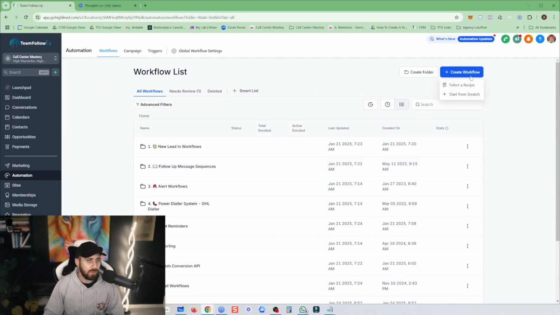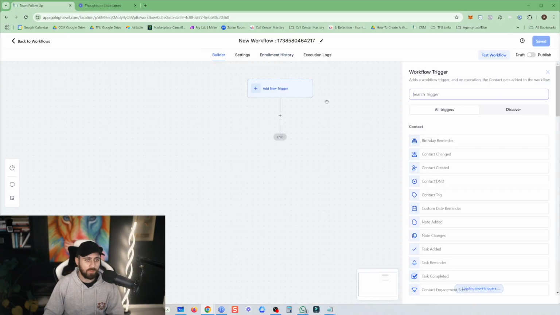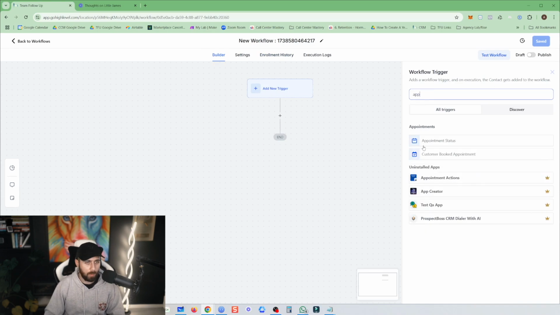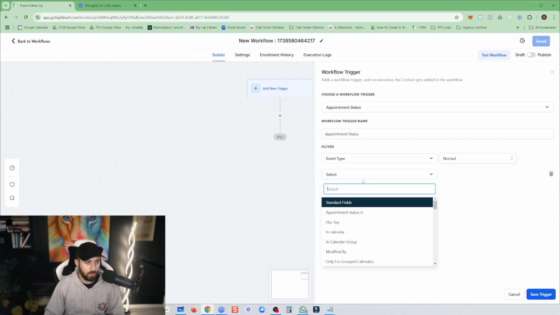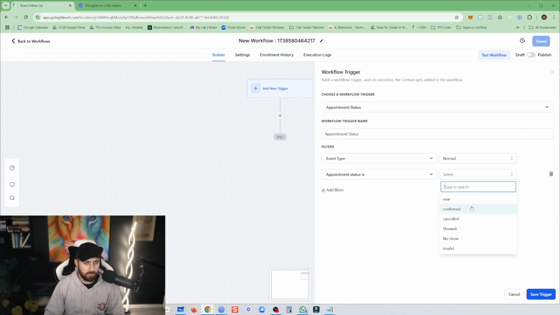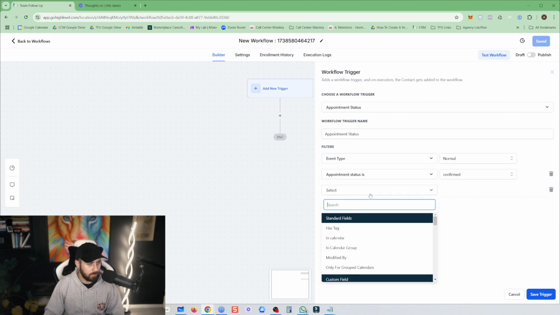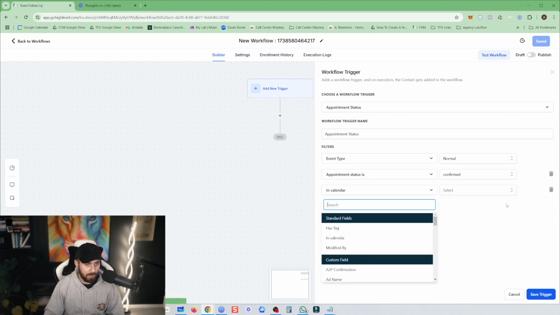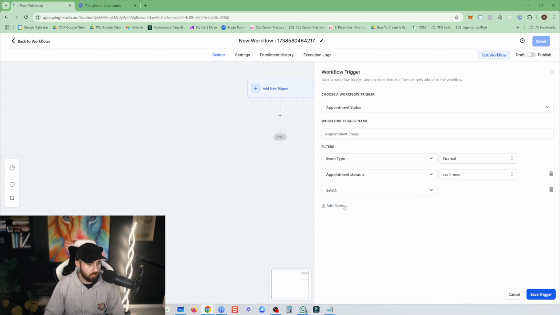So then what I'm going to do is create a workflow, and in this one, it's going to be when an appointment is booked. So I'm going to put appointment status, add filter, appointment status is confirmed, and appointment is in, I'm going to put in calendar group for mine actually. I'm going to put inside the calendar group, and I've got a round robin calendar group. There we go. So that means that any appointment that's booked within any of the calendars inside that group, it's